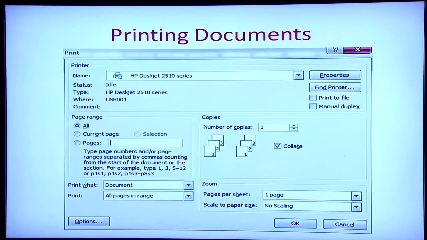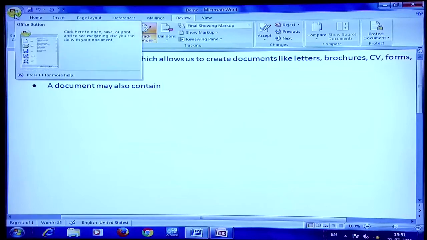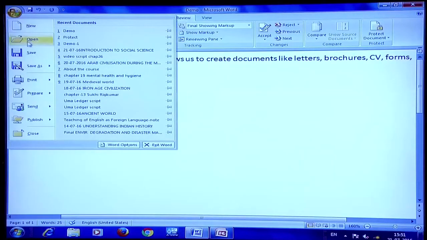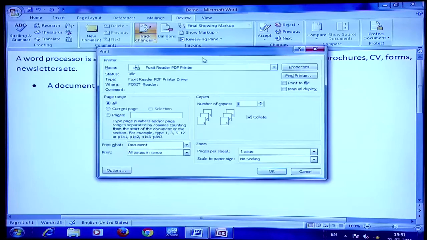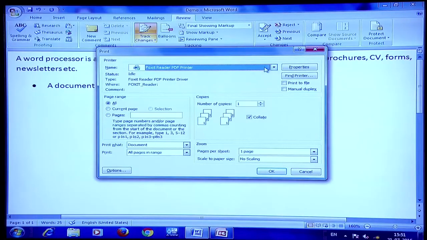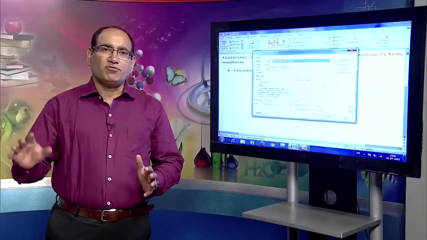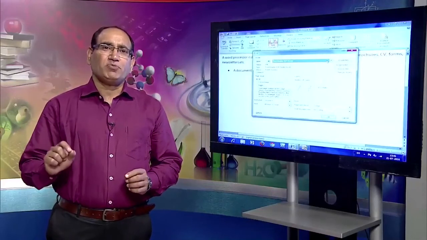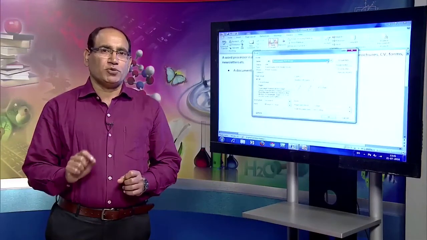Now, let us see how we can print the document. Again we shall see a demo. Suppose I want to print this document, I can go to the Office button, I can click on Print, it opens a print dialog box. In this print dialog box, I can make the changes, the name of the printer I can select. If my computer has only one printer attached to it, then the same printer is there, otherwise I can select any of the printers which have been attached. Suppose my computer is on a network and that network contains 5 printers, I can select any one printer on which I want my document to be printed.